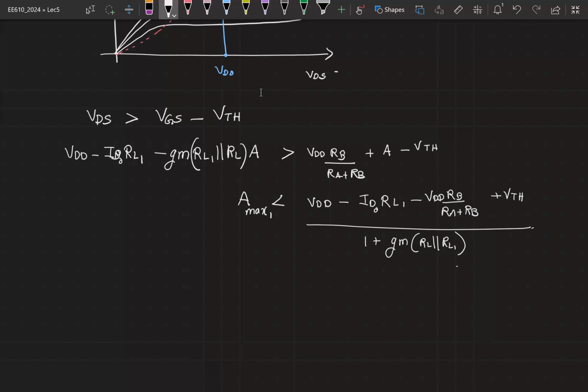Right? So during the positive cycle of the input, if your amplitude exceeds this value of A max 1, then